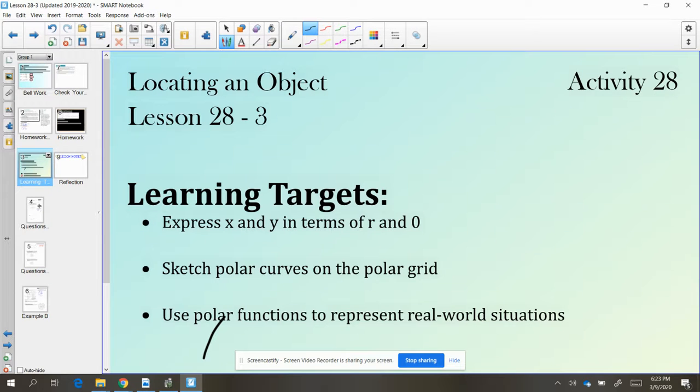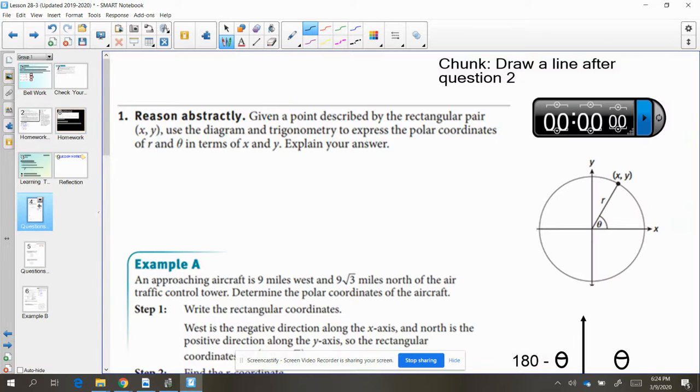Okay, so in 28.2, we talked about converting from polar coordinates back to rectangular coordinates x, comma, y. And today, this first part is going to focus on doing the exact opposite of that and taking our rectangular coordinates and transferring them into polar coordinates. Now, this is going to go back to what we talked about a lot this year already with using this picture here, and the fact that if we're given x and y, we can find r and theta by using